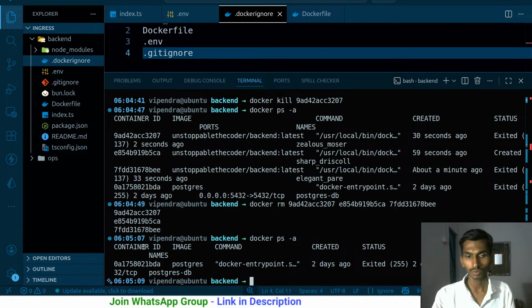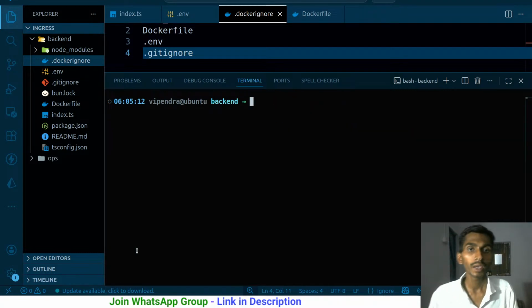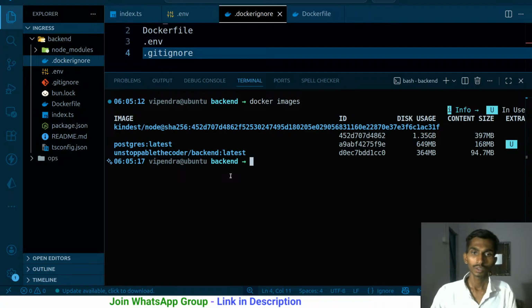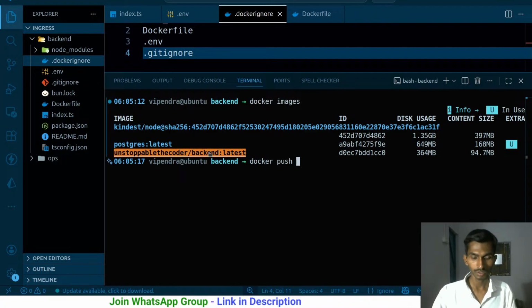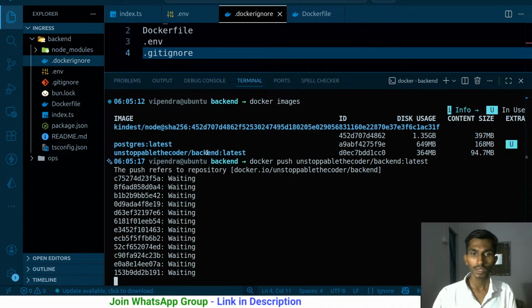Docker process status for all. I have one Postgres DB, let that be here. Let's simply clear the terminal and continue from here on. So ultimately we have the Docker images. Docker push, this is the image that I want to push. So let's simply copy paste, enter. It is going to be pushed,